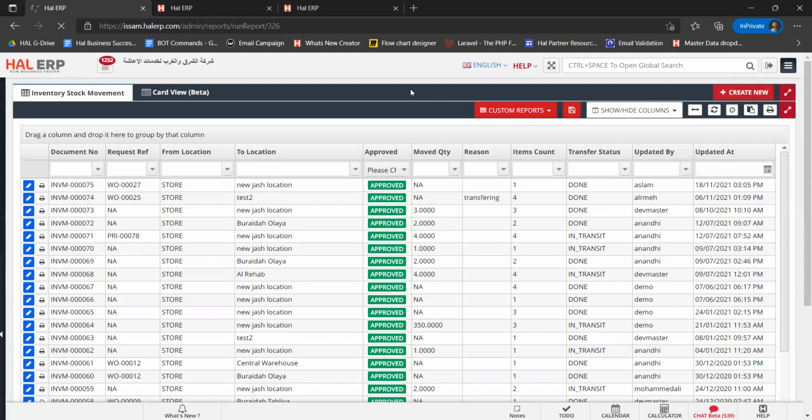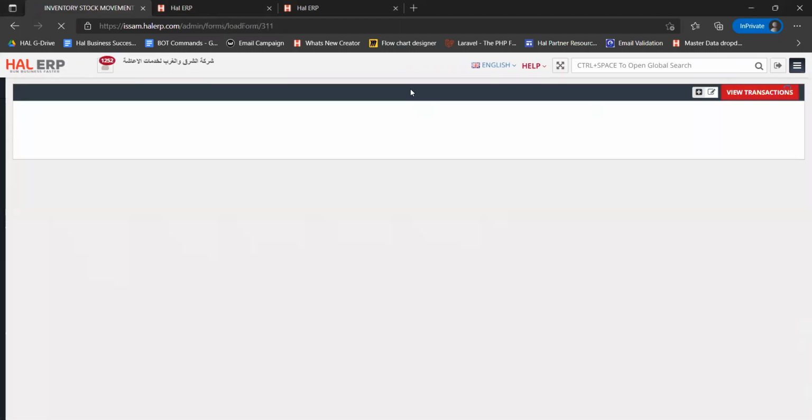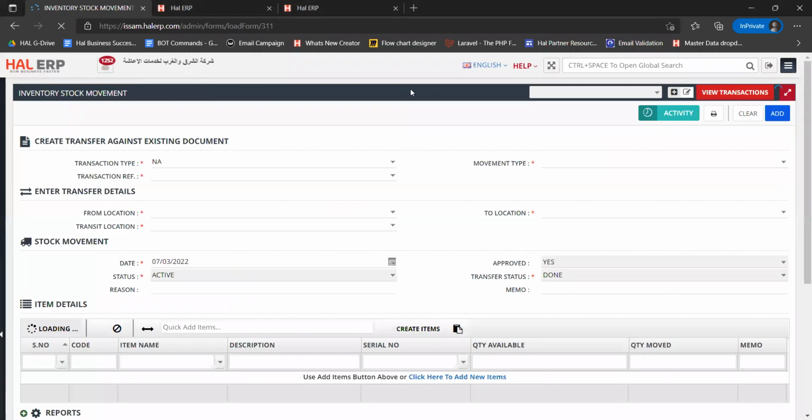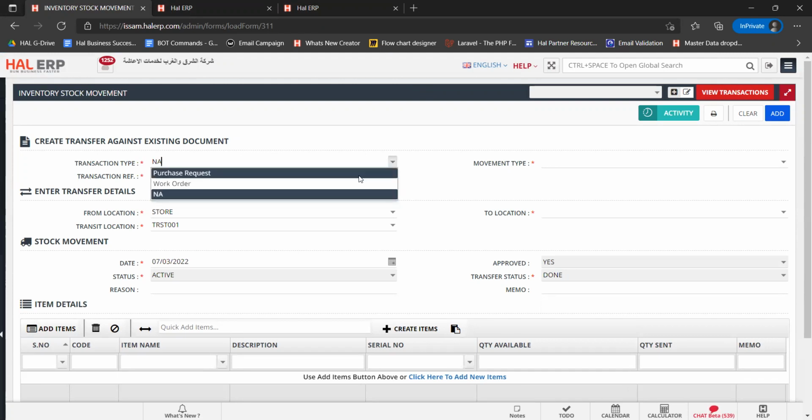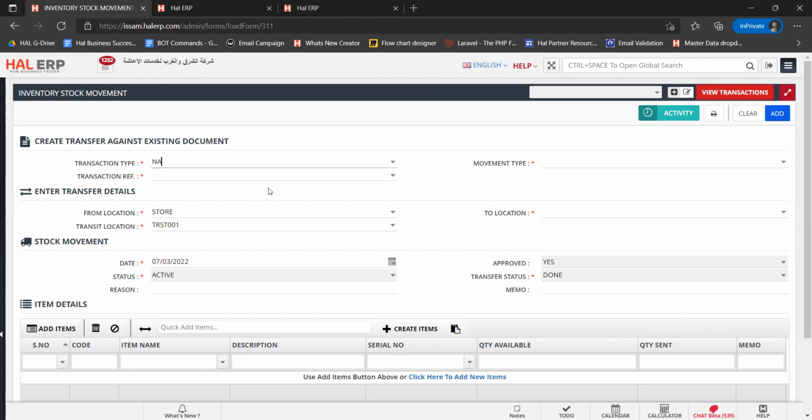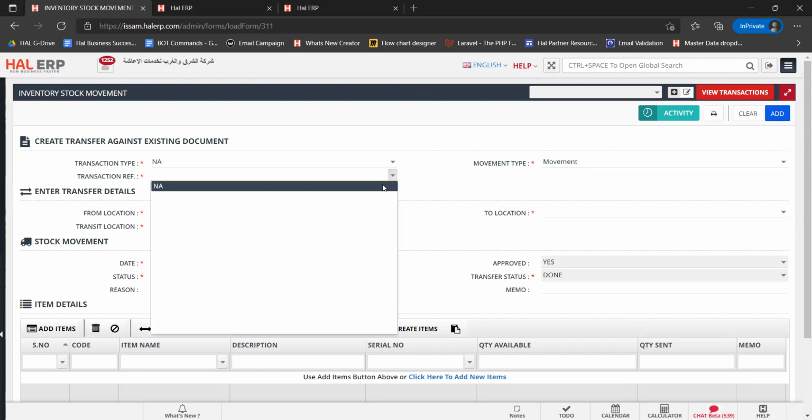Once you click on create new, a screen will open where you can enter the required items to transfer from one location to another location. Transaction type is whenever someone has requested some material, and based on that you can transfer it. Let's say someone has raised a purchase request from the central warehouse, and based on that you can transfer. If it's work order based, then you can transfer. If it's a general transfer, you can just select any, movement type as movement, and then transaction reference will be any,